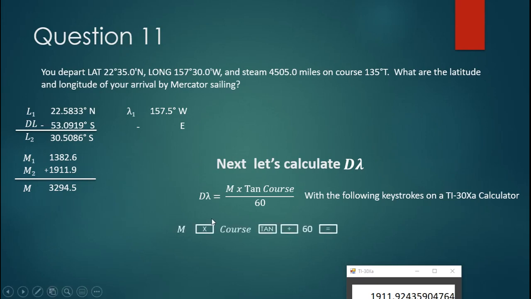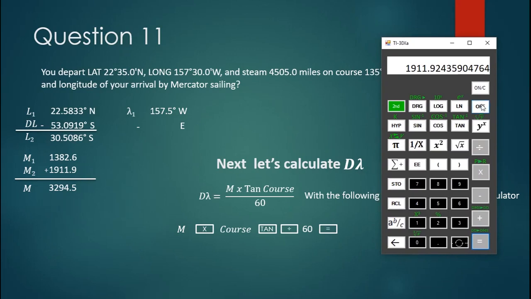And we will do that using the following keystrokes on our calculator. So M is 3294.5, times the course of 135, tangent, divided by 60, equals